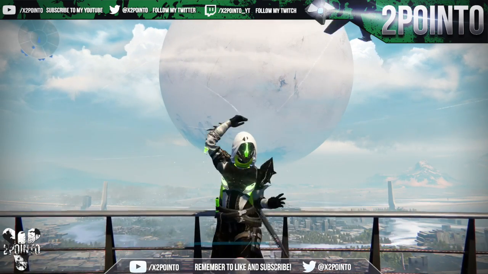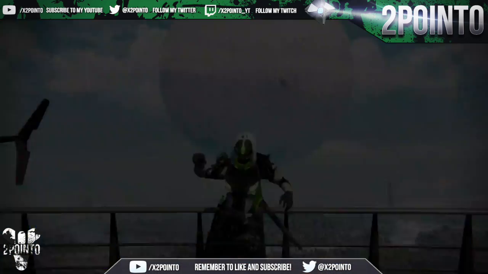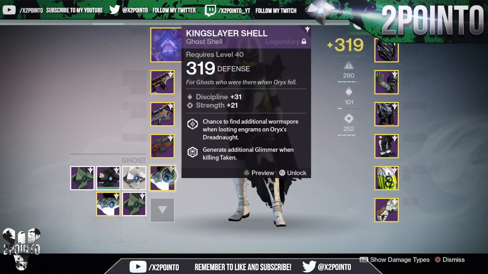2.0 here, and in today's video we're going to be taking a look at my progress to getting to 320 light over on my hunter. So I'm currently 319 and you can see there my progress to get to 320. I'm so close. I only need 2 more items to drop at 320, and that is my ghost as well